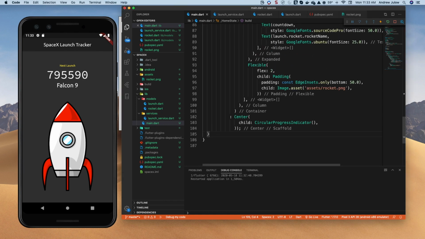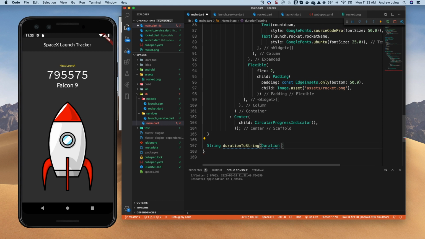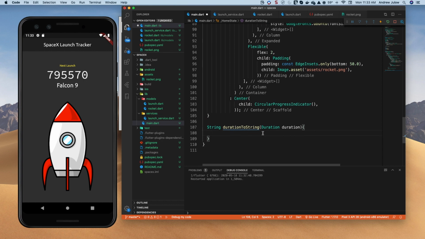Let's go to the bottom here and let's create a helper function which will output a string and we'll call duration to string, and we can pass in a Dart duration object and get back a string that we would want to display here in the countdown. And so to do that, first of all, I'm going to do a little function called string 2 digits. This is a great package category for someone to write something that just takes a duration and turns it into a nice